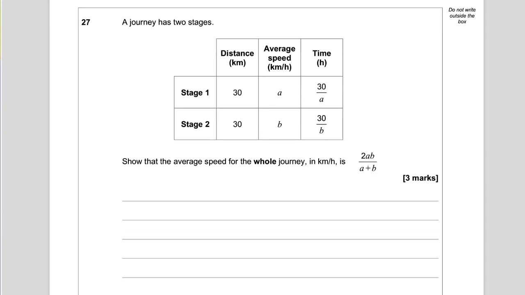Question 27. A journey has 2 stages. So we've got stage 1, stage 2, distance, average speed and time, and we've got A and B for the average speed. Okay, so show that the average speed for the whole journey in kilometers per hour is 2AB over A plus B. Right, so the total distance